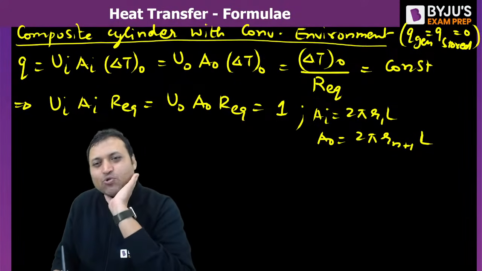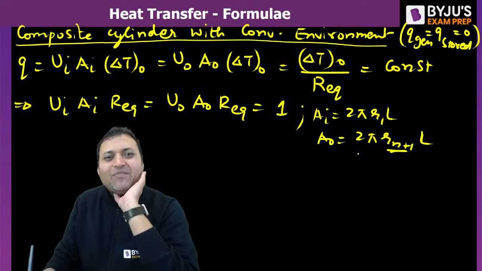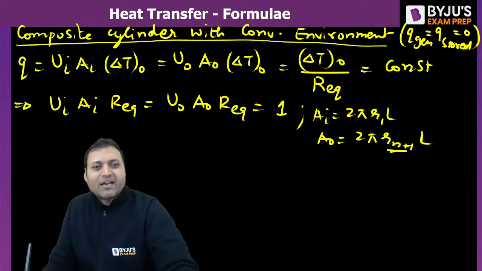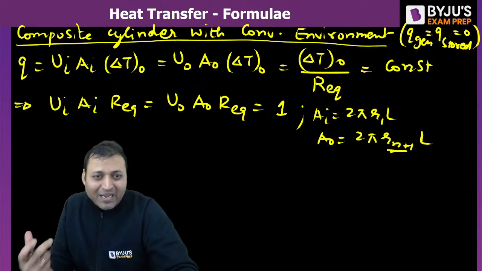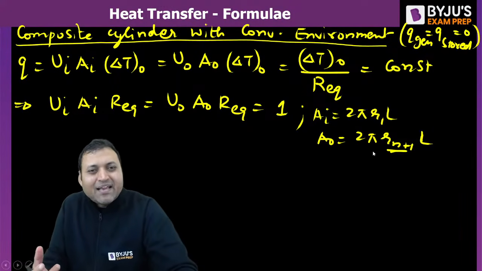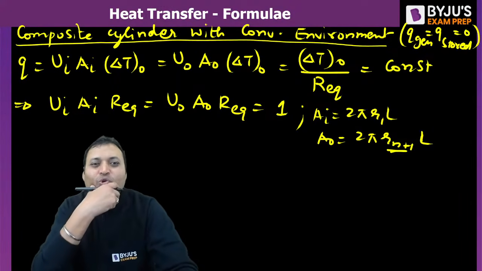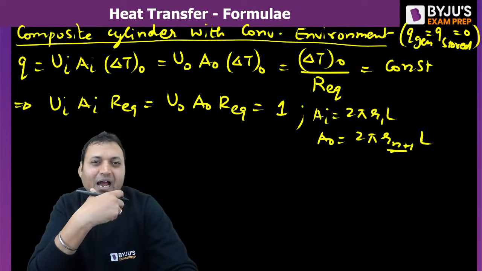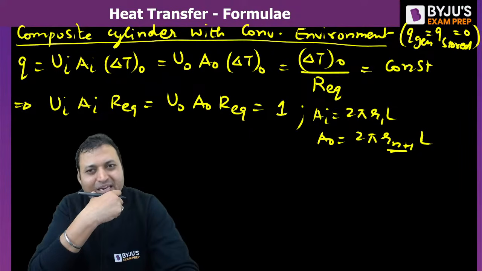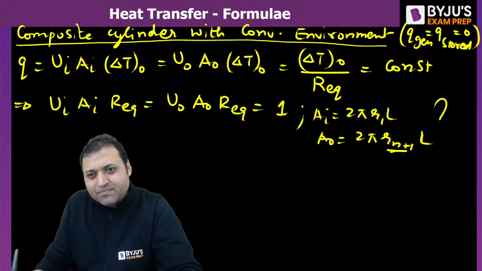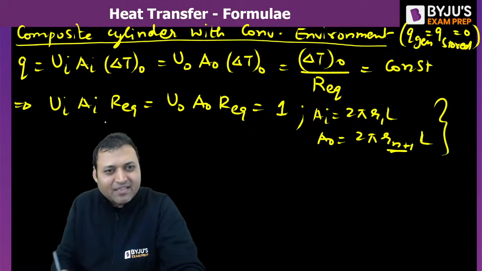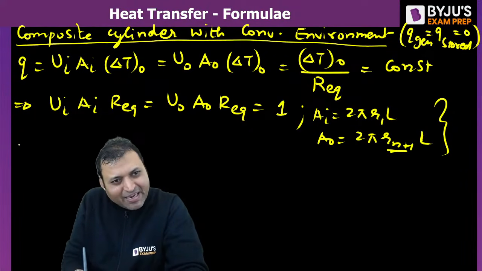Isn't it? If there are 2 layers, then n will be the number of layers. For 2 layers, the outer radius will be R3. For one cylindrical system, for one hollow cylinder, the outer radius will be R2. For 2 layers, the outer radius will become R3. For 3 layers, the outer radius will become R4. So A naught is equal to 2 pi R n plus 1 into L, where L is the length. And from here we can say